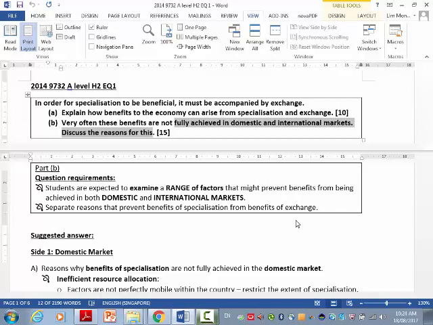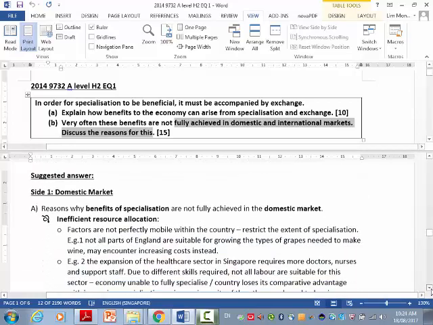FOPs are not perfectly mobile, which is your assumption. Protectionism as well. So this answer revolves around that. Alright, so as I go through, if you've got questions, let me know. But essentially, the key idea of this question, I've elicited the points from you so I can move along, because that shows that you all understand.